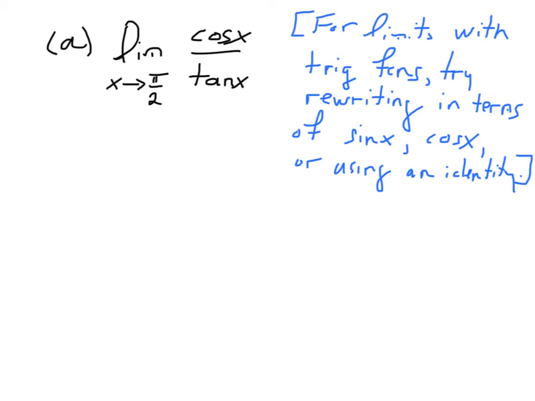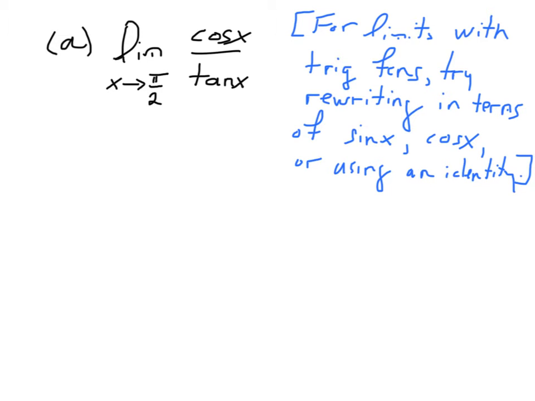Alright, this first example involves trigonometric functions. The general tip for working with trig functions when trying to compute a limit, or very often in general, is that if you can't quite tell what's going on with your function at first, try rewriting it in terms of sine x, cosine of x, or maybe by using a trigonometric identity. Alright, so in this case,